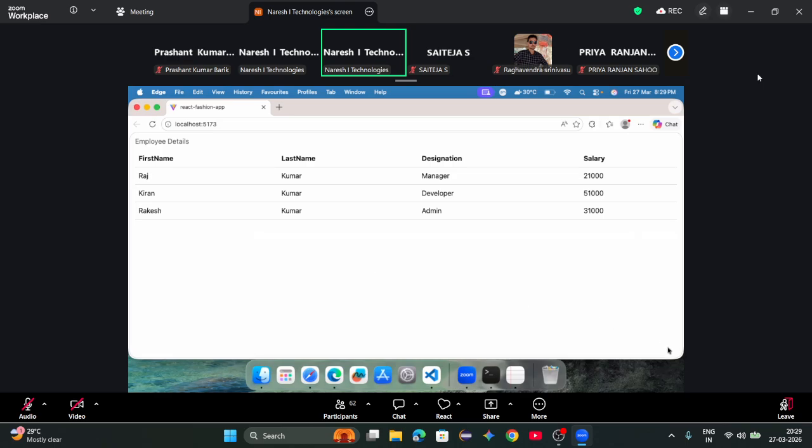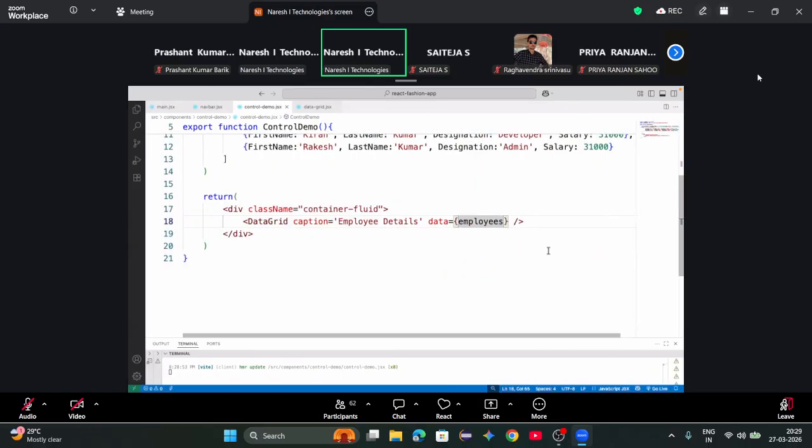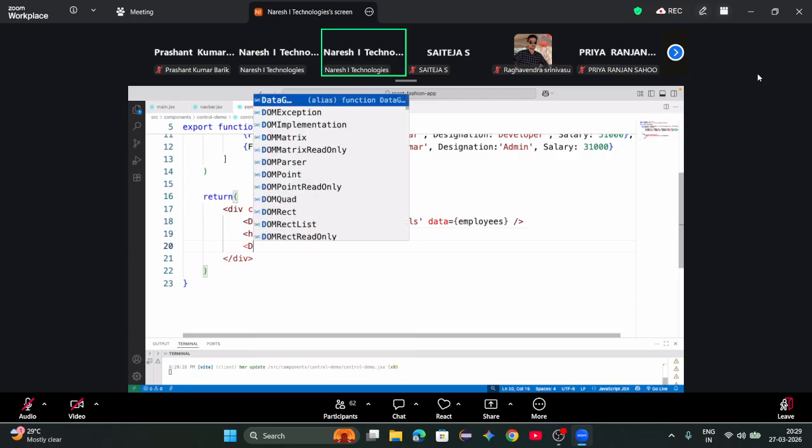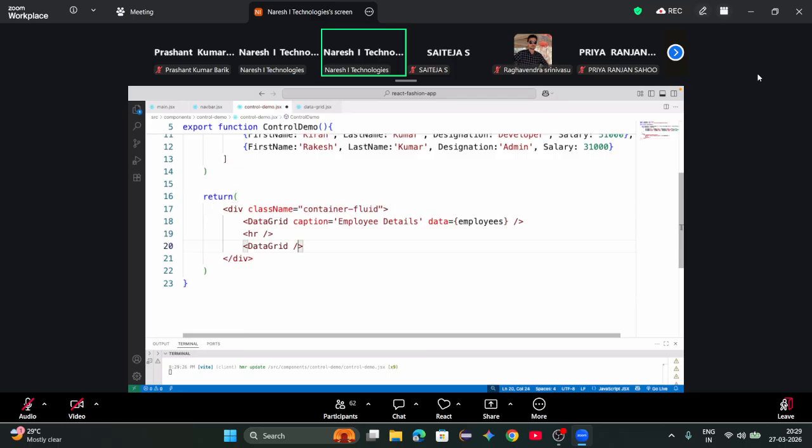That means with employee details, it is going to generate a table for you. It's designing a table with all the field names and all the values. And you designed it in such a way that it can work for any data. Later, for example, I'm using some HR horizontal line. I'm using a DataGrid. This caption is some